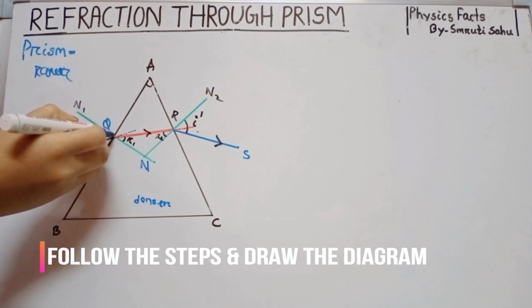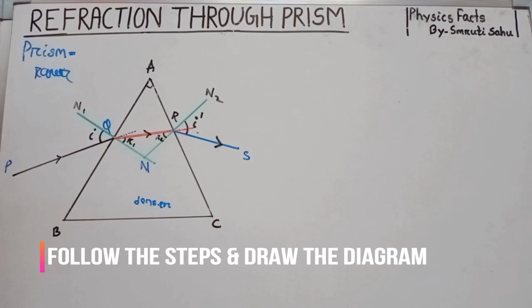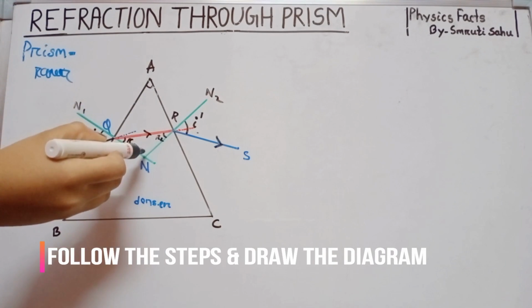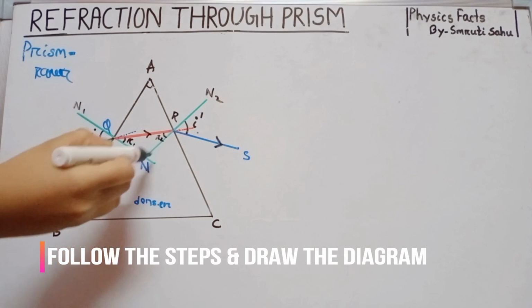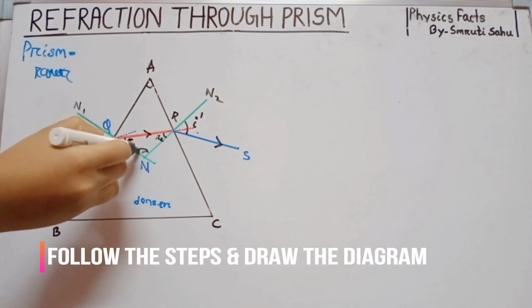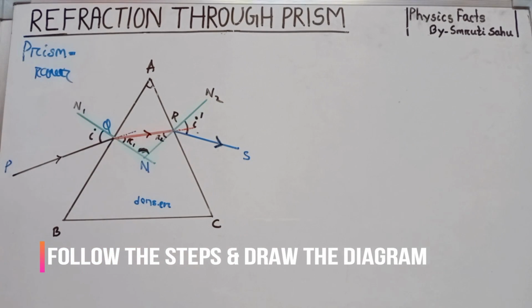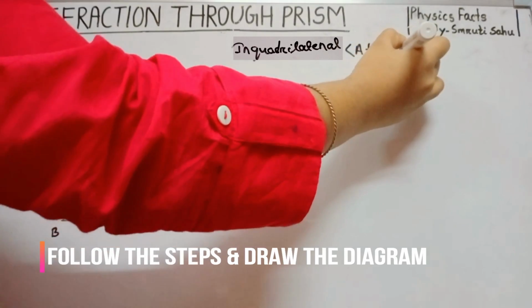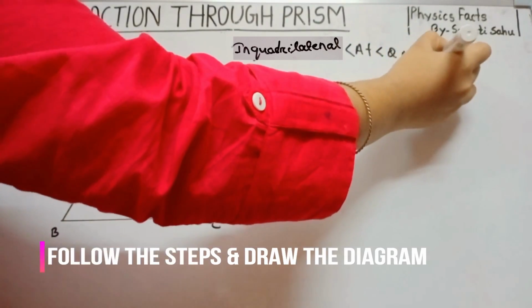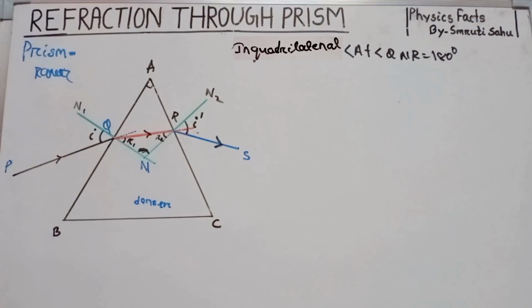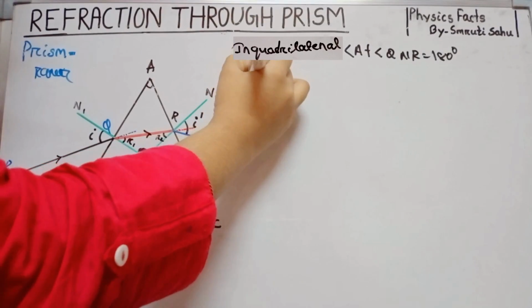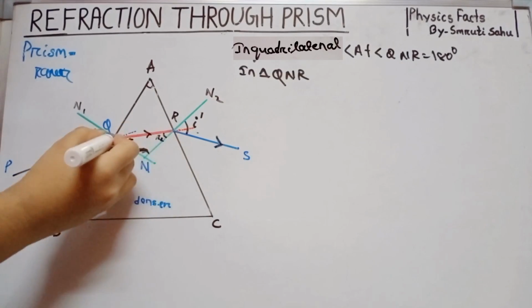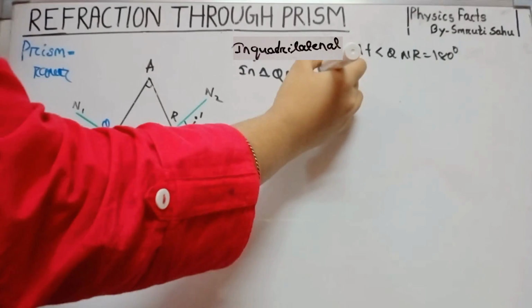In this quadrilateral AQNR, the opposite angles, angle A and angle QNR, these two opposite angles sum to 180 degrees. So angle A plus angle QNR is equal to 180 degrees. And in triangle QNR,